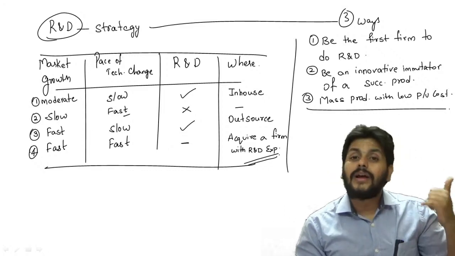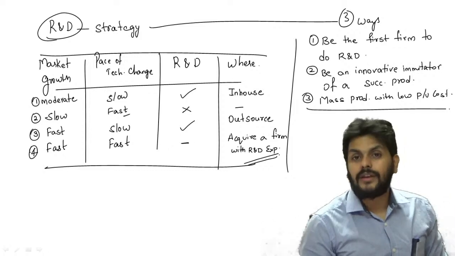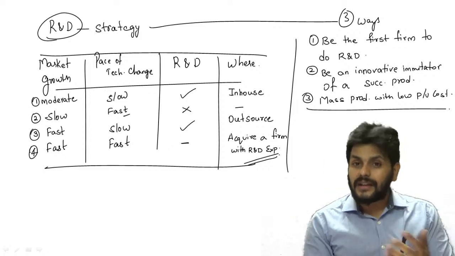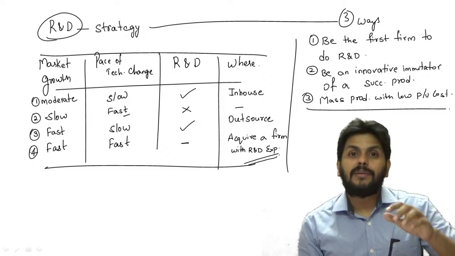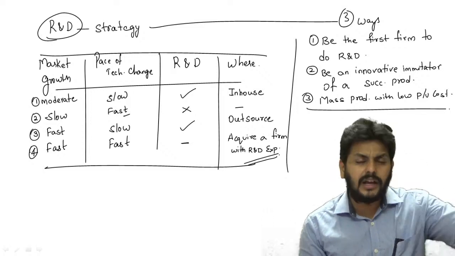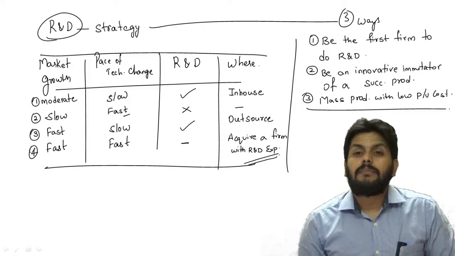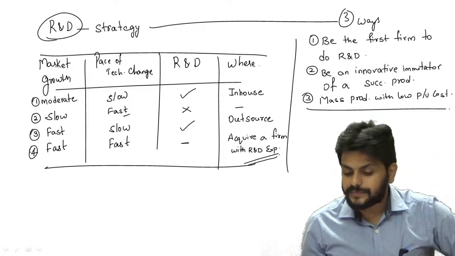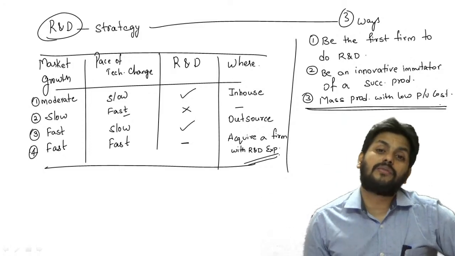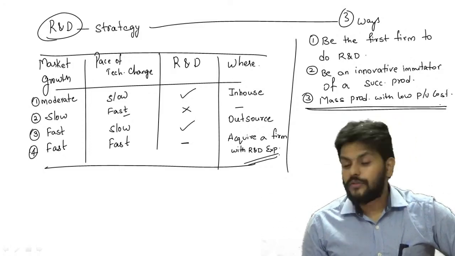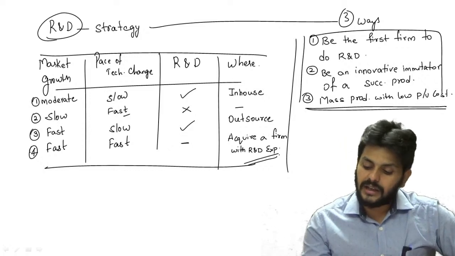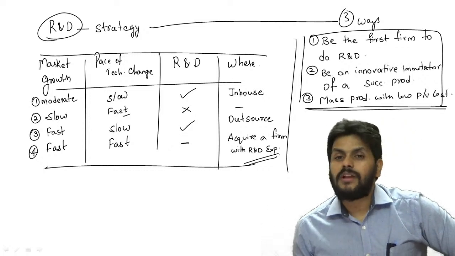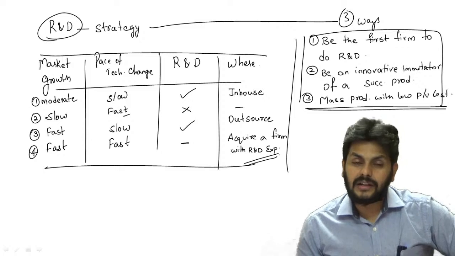Then, sir, till now why are people buying only Chinese products? Why can't they buy Indian or indigenous products? Why are people always looking at not just Chinese, any other product? Because, like I said, their mass producing abilities have developed economies of scale for them. Understood? So these are the three ways of doing the R&D, and instead of being an innovative imitator, which might not be a very great attraction to a third party,